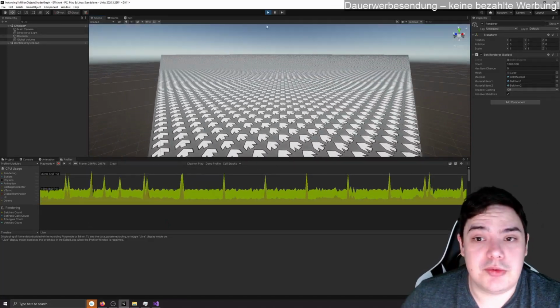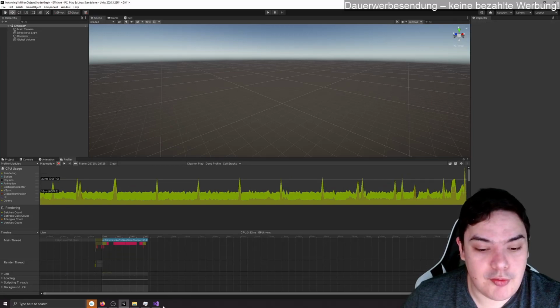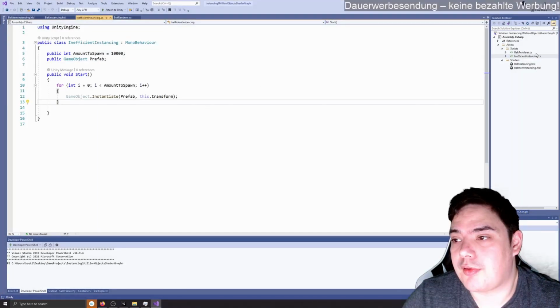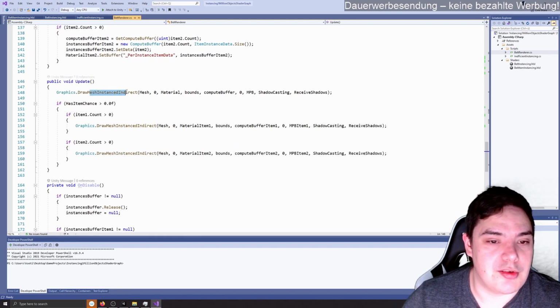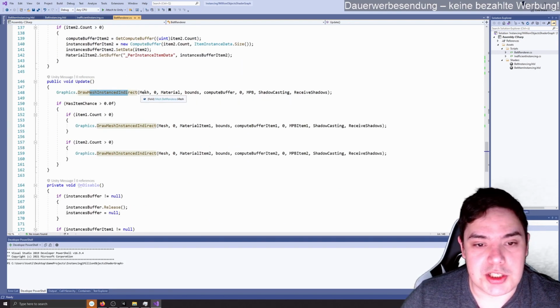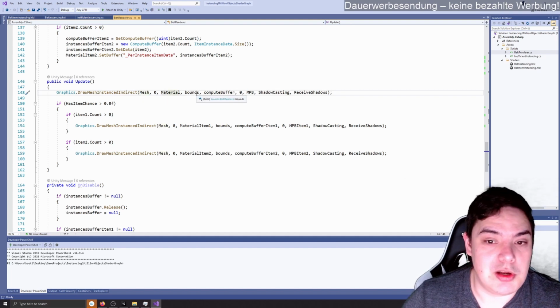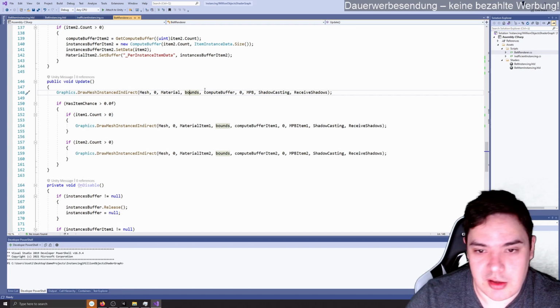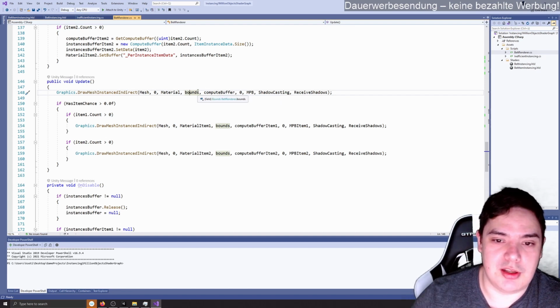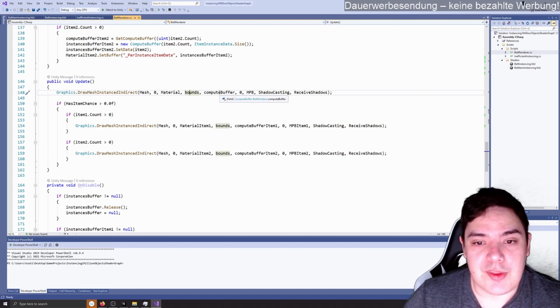So how do we do that? There is a function which is simply called DrawMeshInstancedIndirect, which uploads the mesh, the material we want to use, and some bounds. I just made them really big so they are always within the camera frustum. Then we have our